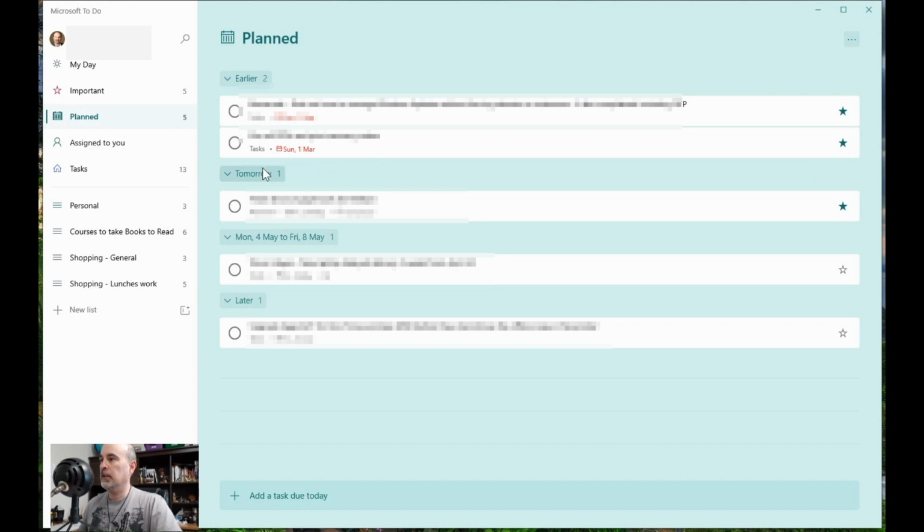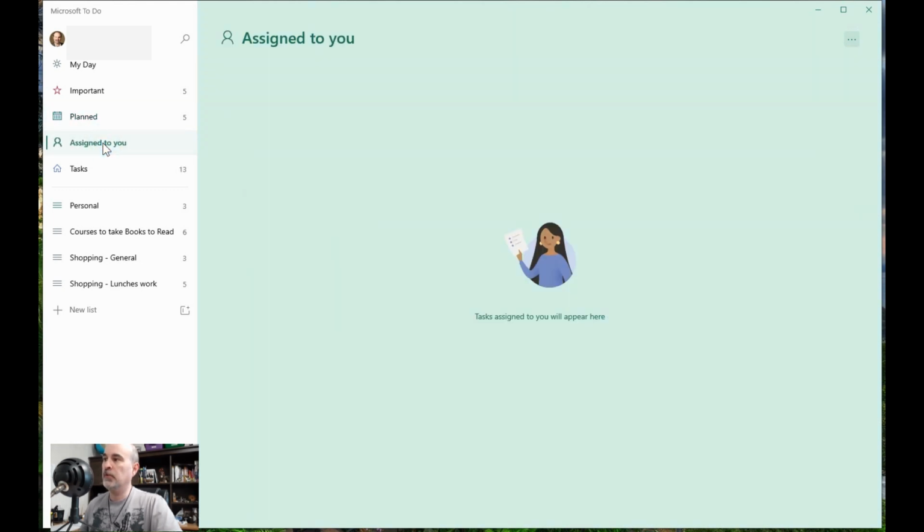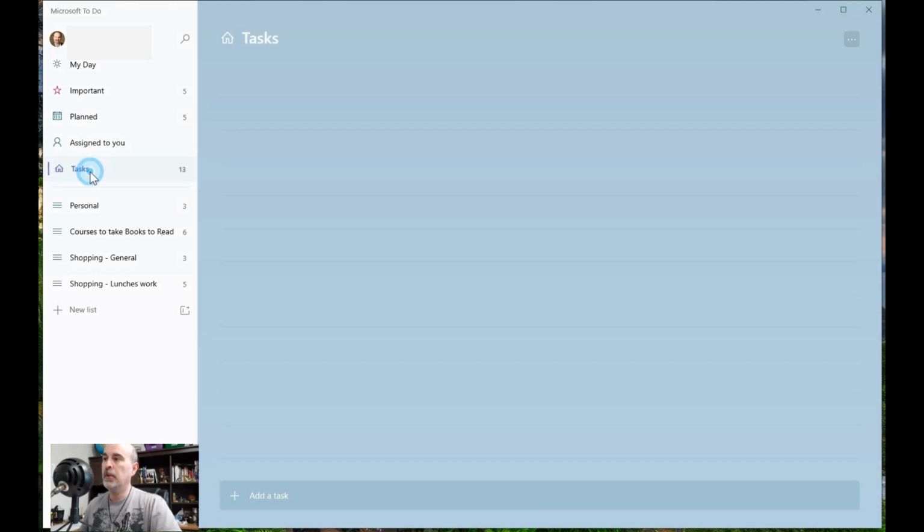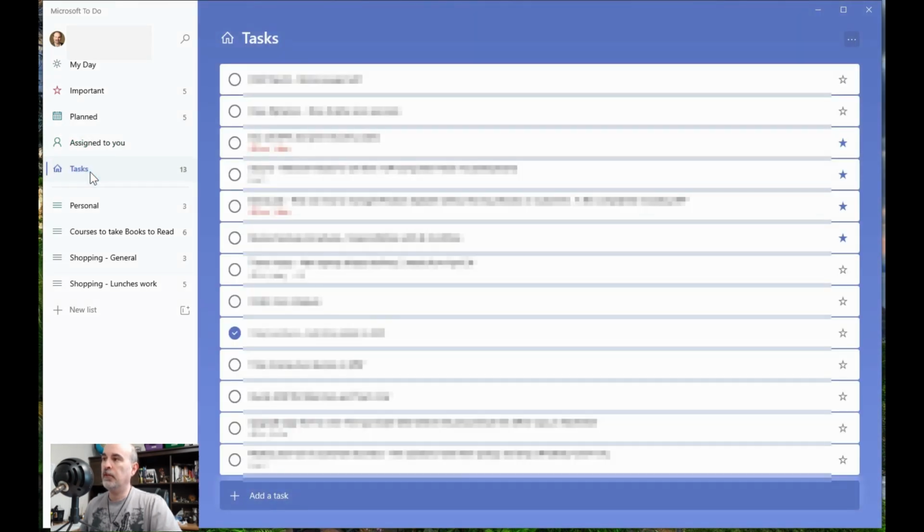Then the ones that are due tomorrow, then from a certain date range, and then later. So it categorizes them by the time that you have them planned. And there are the ones that are assigned to you, and of course I don't have any assigned to me at this time. And then you've got your list of overall tasks.